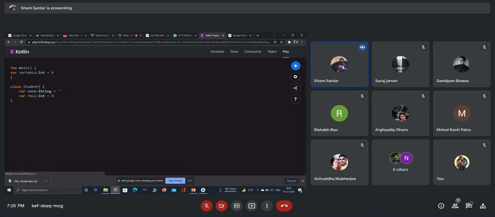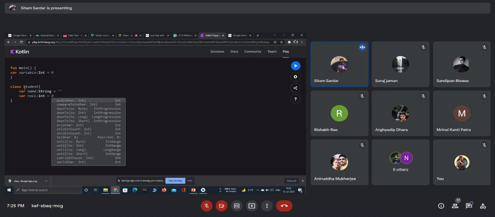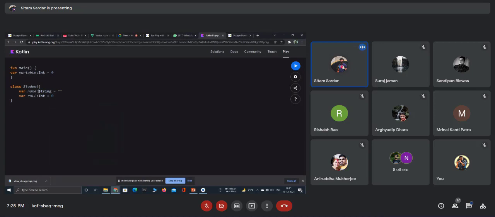Now you may think that though I am telling that I am creating my own data type, I am still using the data types already defined by Kotlin itself. But notice carefully: if you want to use these two variables, you have to create them separately and then use them. But if you create a class like this, then you can simply create a variable of type Student only.